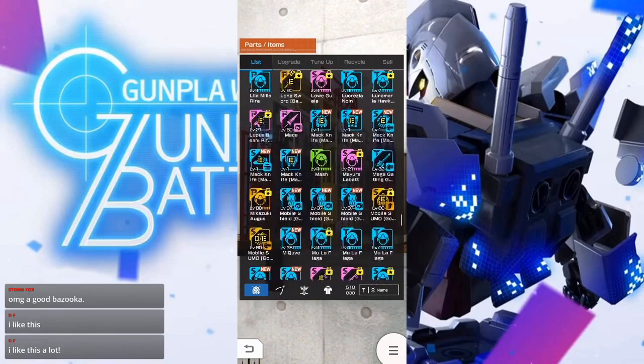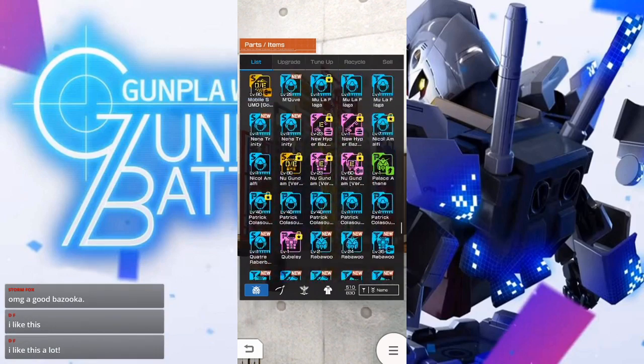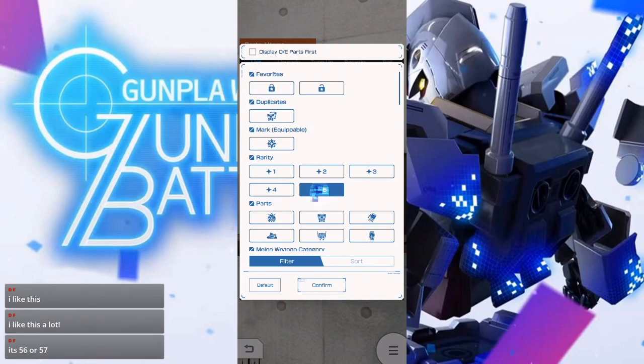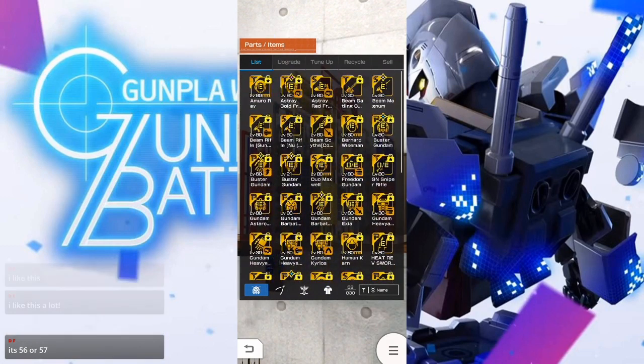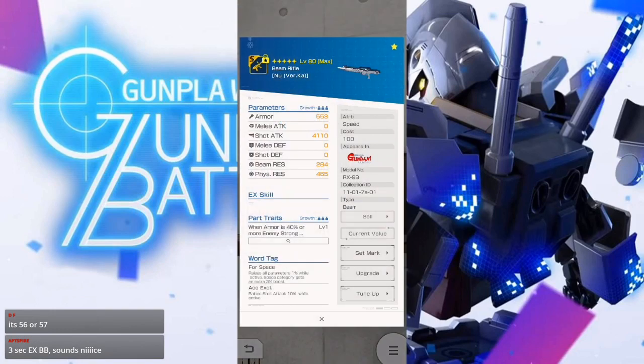And I should have probably sorted this by... Oh, I went past already. New Gundam, head. It's not here. Oh, gosh dang it. Okay, give me a sec here. 5-star. Easiest way to find it. Vendor beam rifle new, right? Yeah, beam rifle new. With marks, what do you sit at? Okay, so